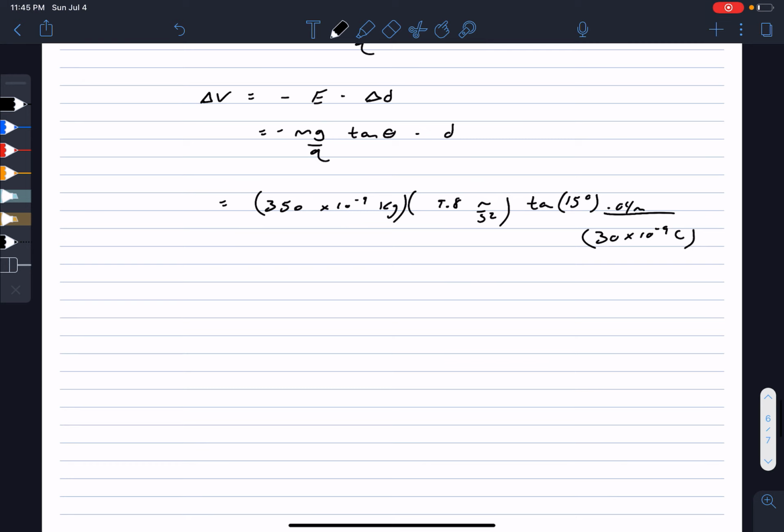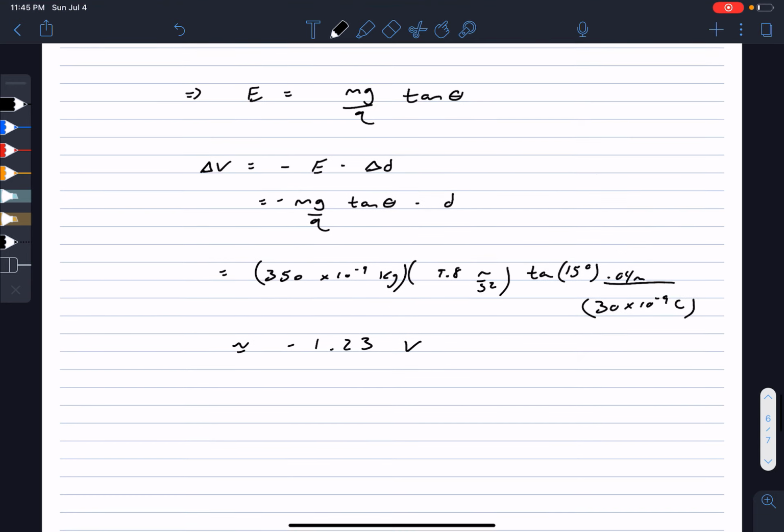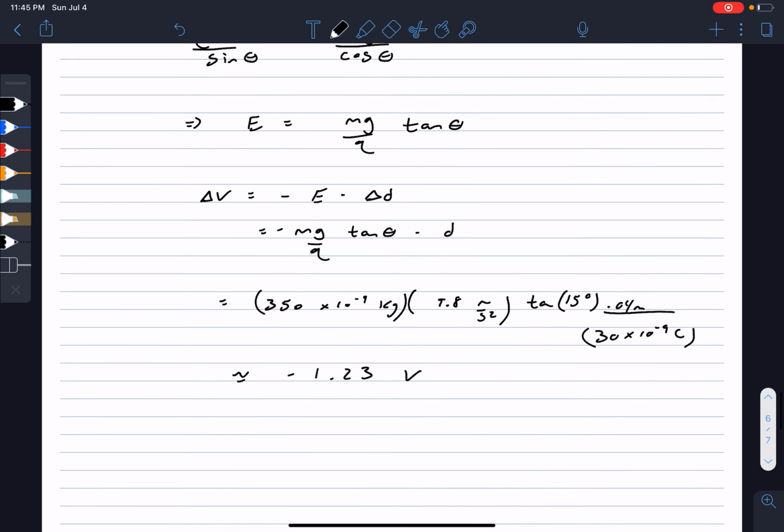That's going to give us a value of negative 1.23 volts. Now this ended up being negative because of this identity. And I think we want to keep that. Let's just double check. Yeah, that's right. Okay,